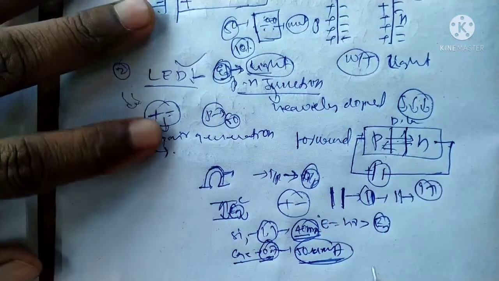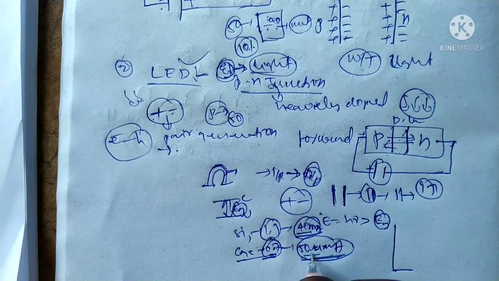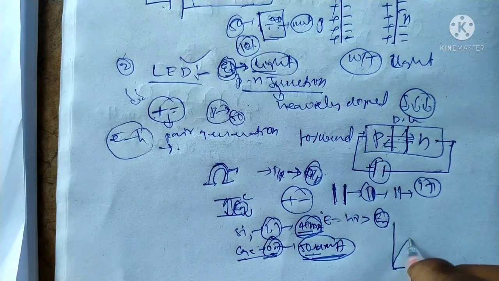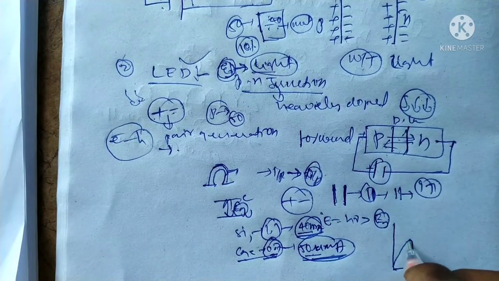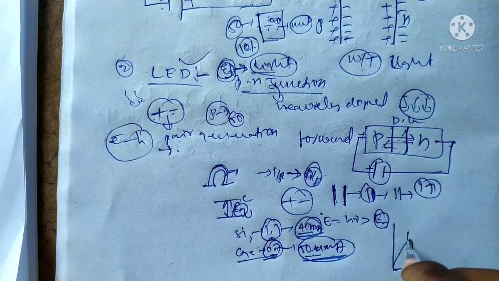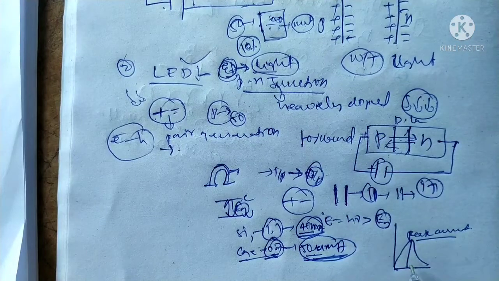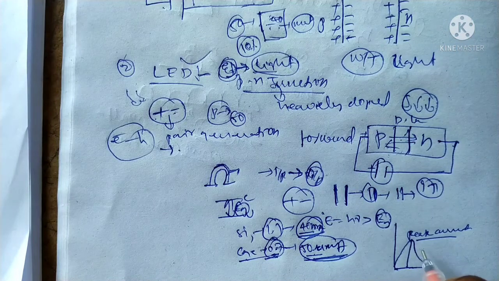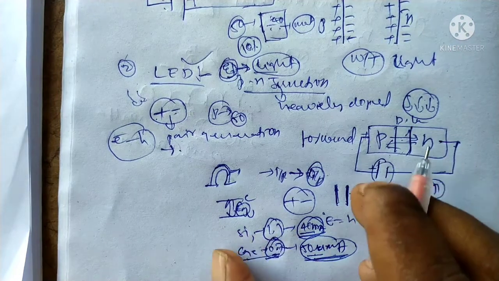Suppose we keep increasing the current up to a maximum, 50 is the maximum. Up to a certain point it increases, and then it decreases. That is the maximum peak value, the peak current. Peak current means up to a certain voltage the current can be maximum. After that it decreases, because the light intensity depends upon capacity.